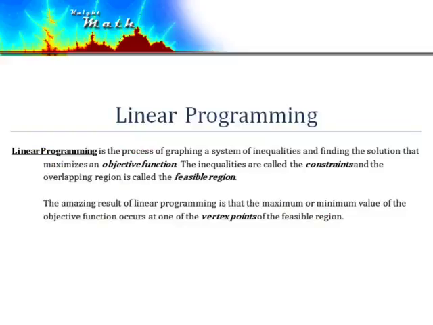In this video, we're going to talk about linear programming, which is the process of taking some inequalities and graphing them together and finding a point that maximizes or minimizes an objective function. We call these inequalities that we're going to graph the constraints, and the overlapping region is called the feasible region. And we get to a pretty interesting result